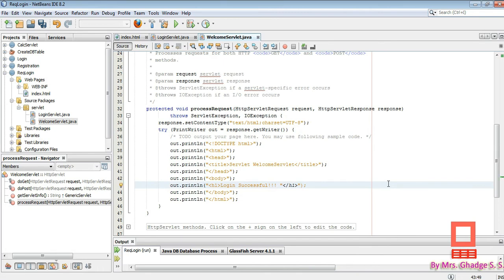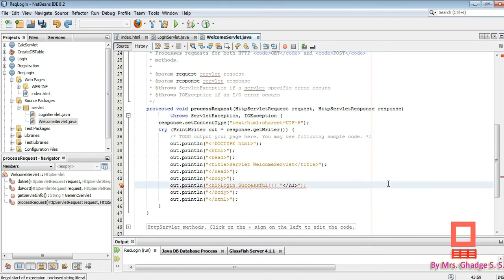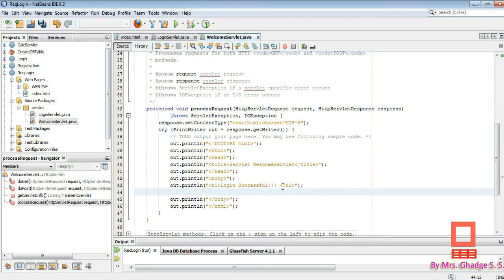Okay, and one more line in out dot println, where we write welcome and in front of it plus username.